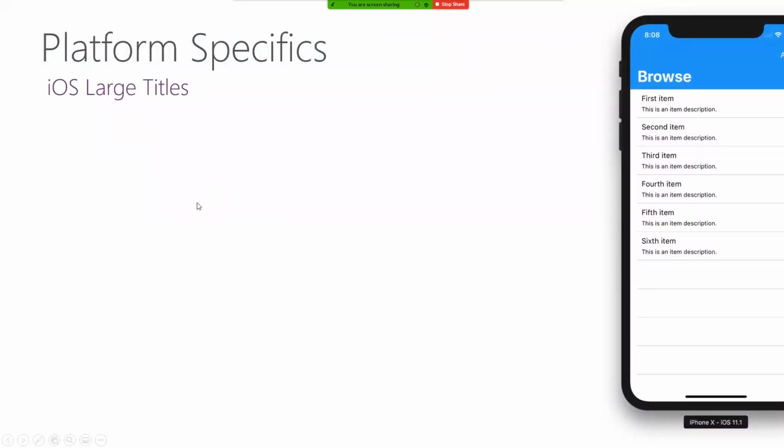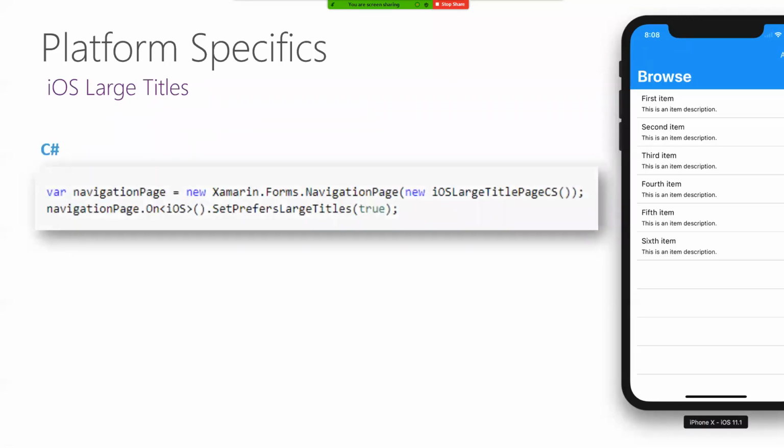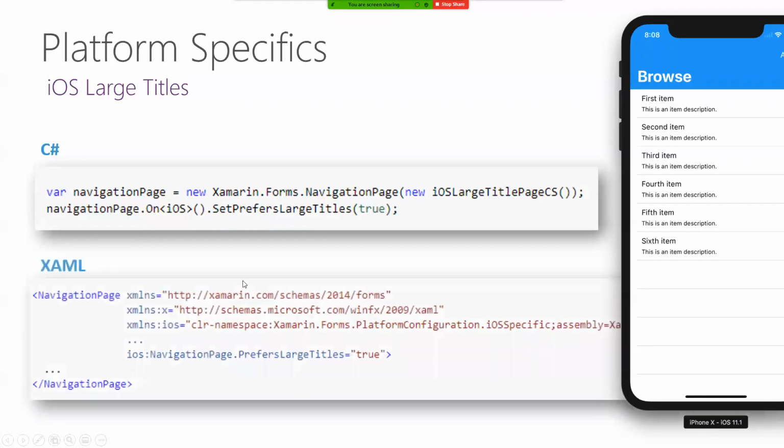Okay. Now, what does it look like when you actually need to do something that's specific? Pretty simple. It's a couple lines of code, or one line of code, and you can do it in C# or XAML. Say in your Xamarin.Forms page, iOS specific, I want this navigation page to have a large title, this giant thing, that's an iOS thing.